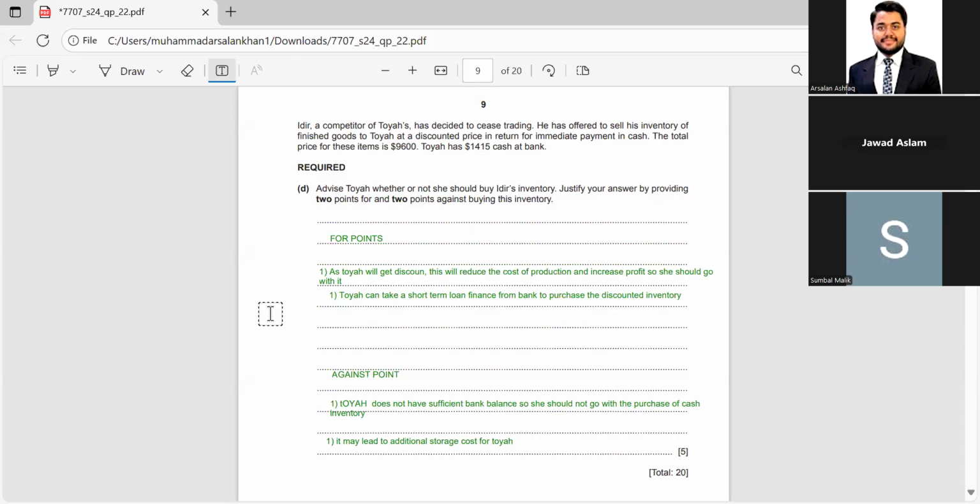So it was a complete manufacturing account question, starting with the manufacturing account, then the trading account, then manufacturing cost per unit, and then with the theory of whether to